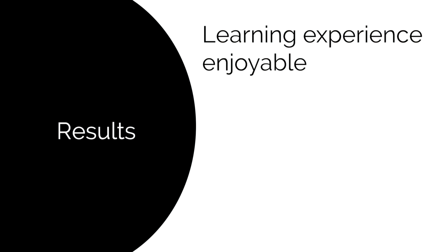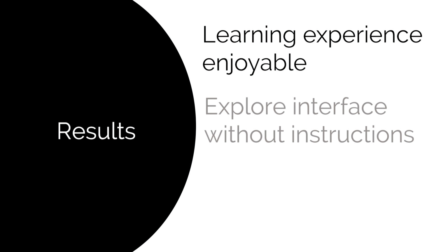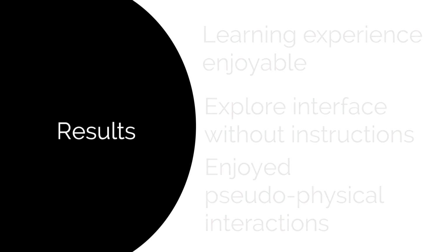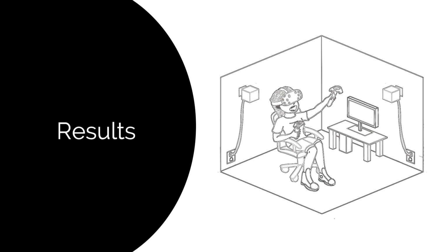Interview responses and observations indicated that participants found the learning experience of LogiBot to be an enjoyable one and compared it to the programming of other robot toys, i.e. Logo. Other responses indicated that both sets of participants were likely to explore the interface and environment within each application rather than following instructions. Participants stated they liked the pseudo-physical grabbing interaction for moving blocks within LogiBot. The experiment observers noted that a surprising amount of motion was displayed by the LogiBot participants, despite their application being